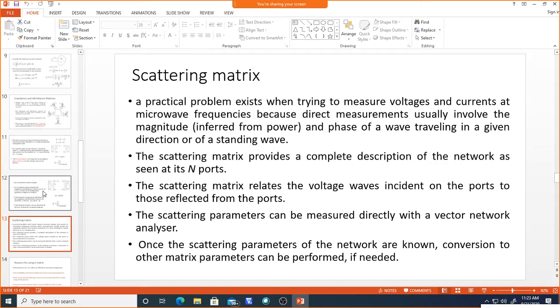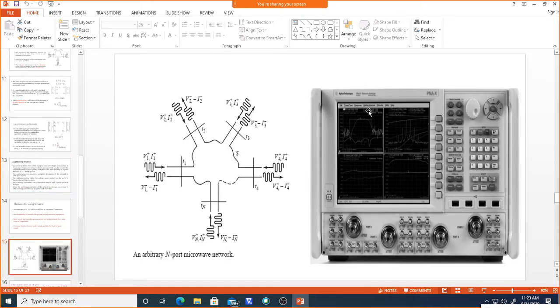So here, if you see, this is the vector network analyzer, which is used to measure impedance as well as the scattering matrix, VSWR, and you can also see the Smith chart option. That is where exactly the impedance variation with respect to frequency is shown. So this is the vector network analyzer, or we can call it a power network analyzer. In some series it is PNA, and in some series they specify it as vector network analyzer.